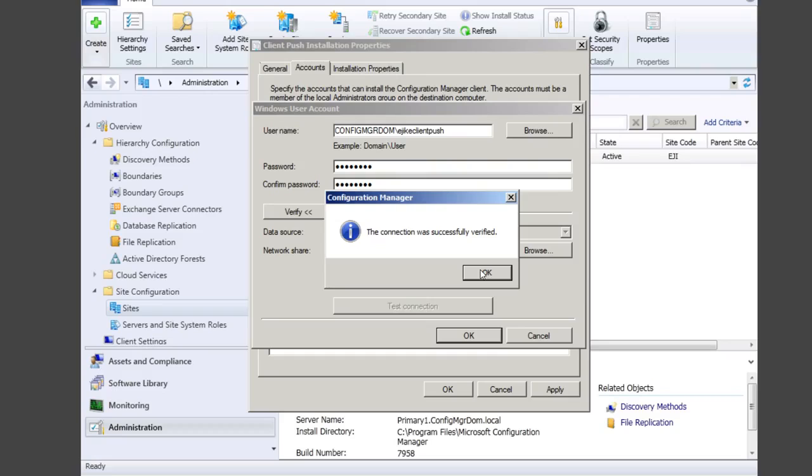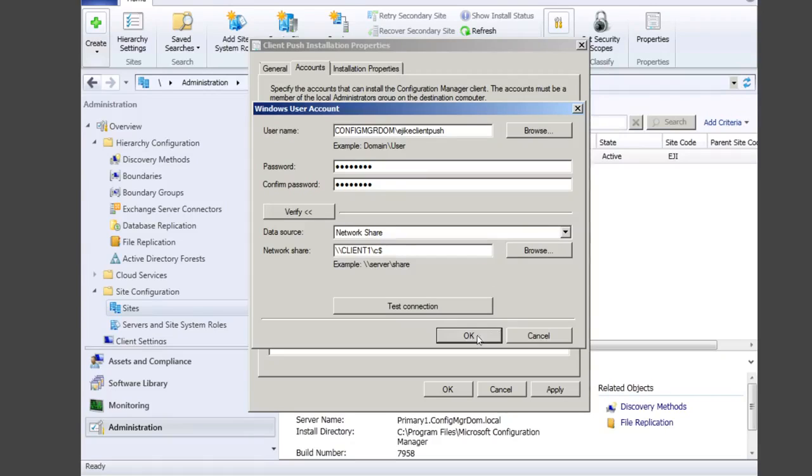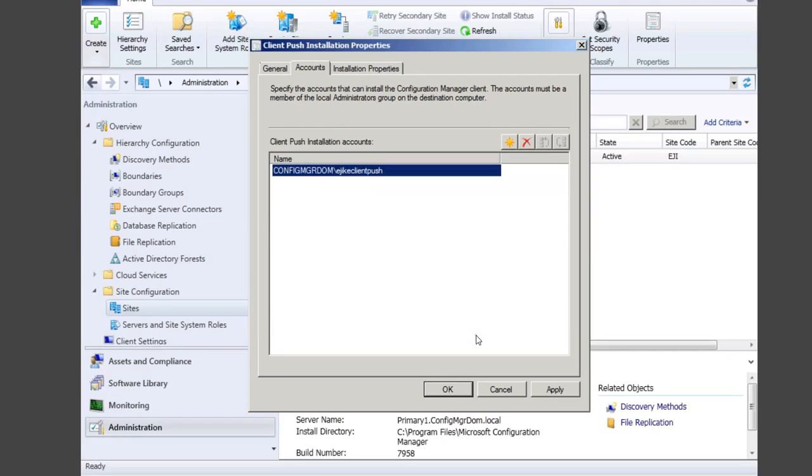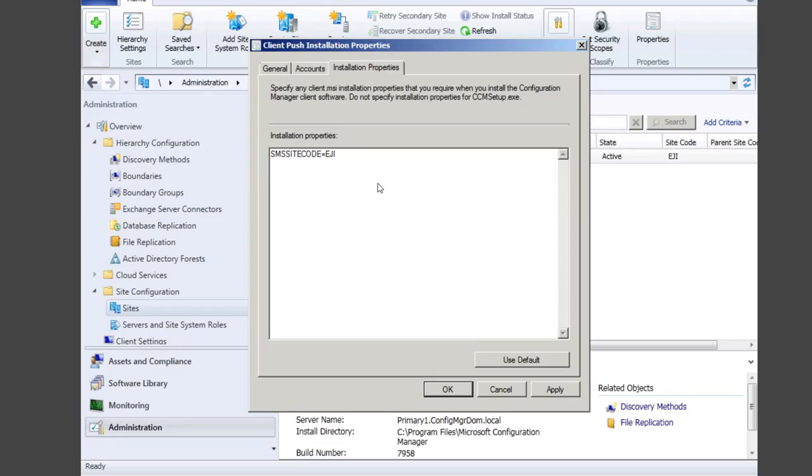Okay, lesson learned here: always use a secure, good password. Okay, so that's completed. We are going to come back here and add a fallback status here, but before we do that, let us